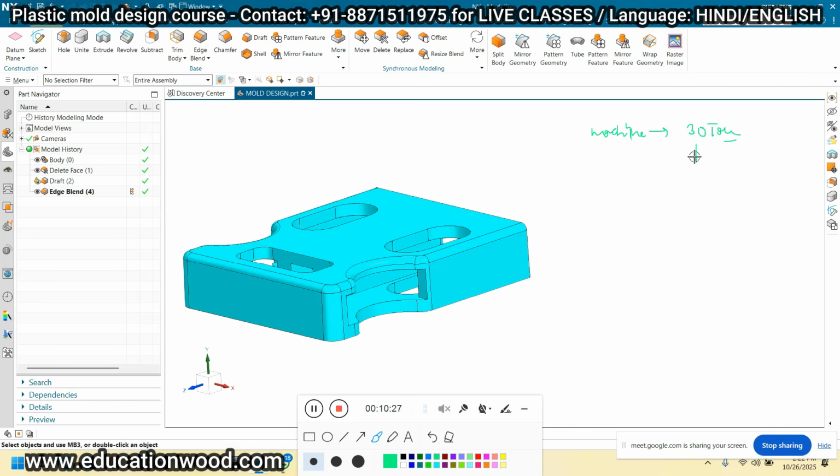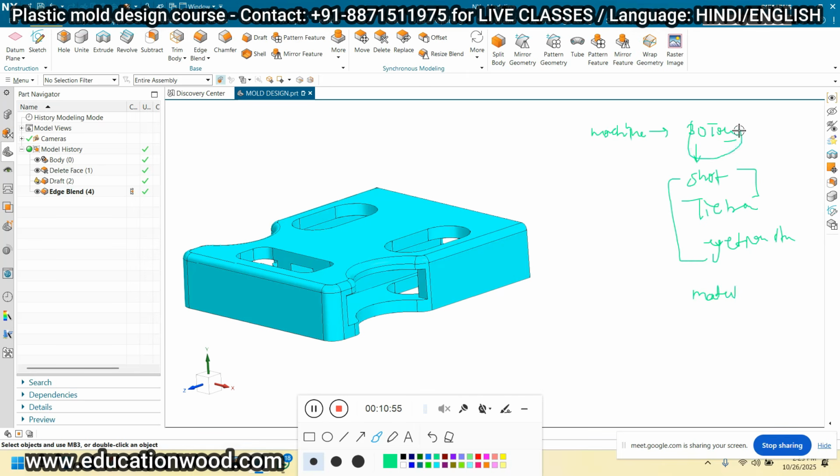Okay, so for the 30-ton machine, we should have knowledge about the machine data, right? Like what is the injection, what is the shot capacity, tie bar distance, and ejection stroke, and materials.